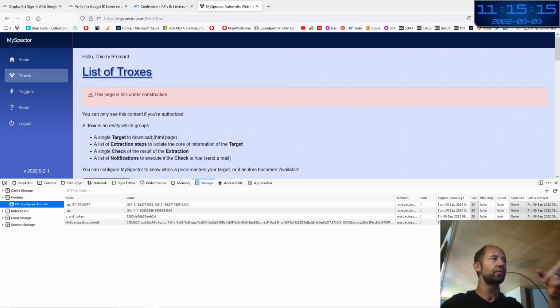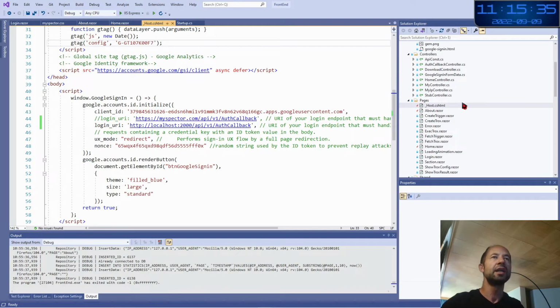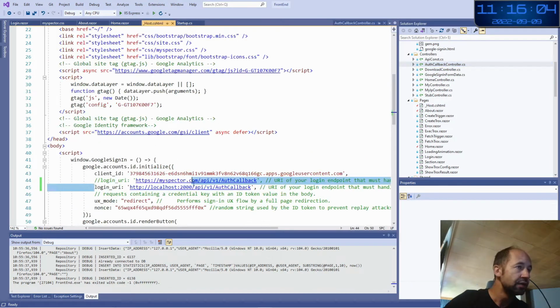What you see here is the page, but there is a temporary controller that I have created to put a breakpoint so you understand better. I have an auth callback controller. When you create the button, you say, so here this is in development because I am in dev and I do not have yet the tokens to replace in production.